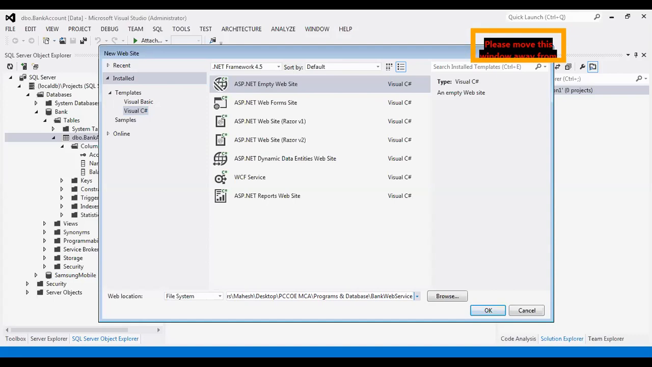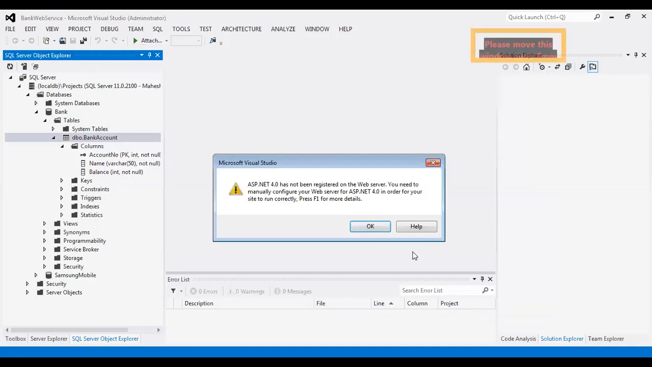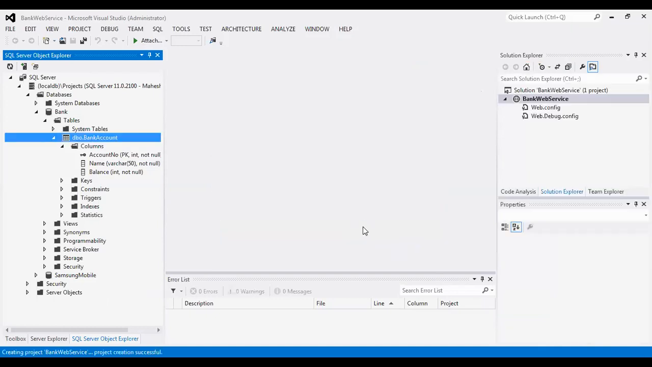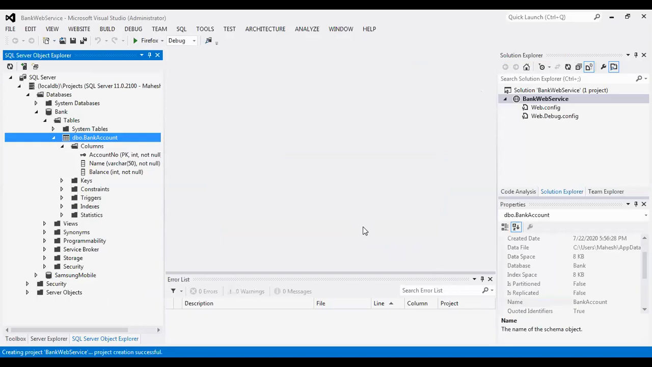So File, New Website. The template is Visual C Sharp, then ASP.NET Empty Website, and give the website name bank web service, and just click on the OK button. So the website name is bank web service. Click on this bank web service name,